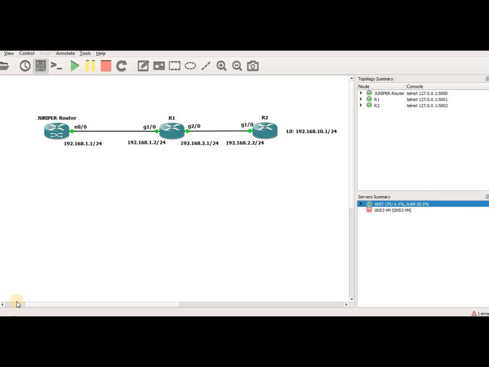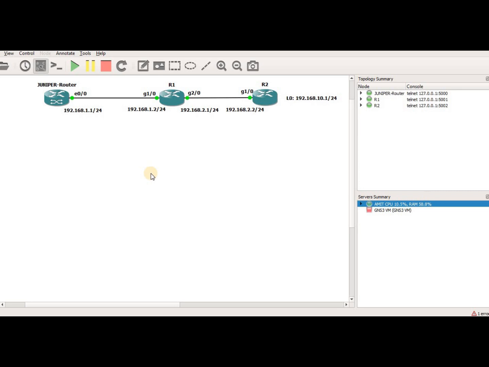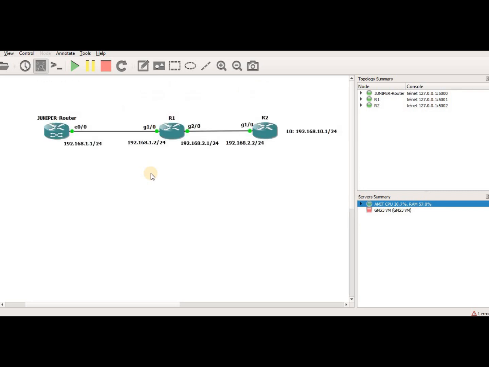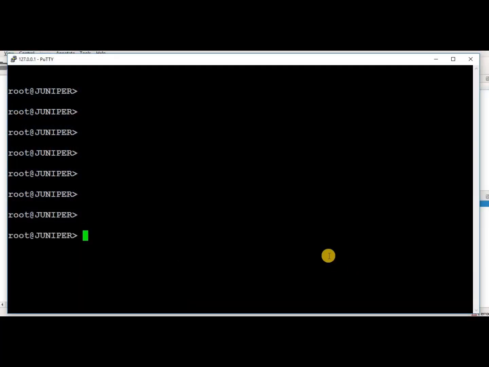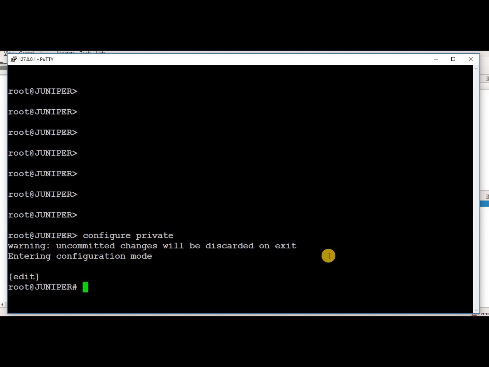So friends, I have created one topology to show you the configuration of static route. But before that, let's see how to configure the system login user in Juniper Router. So let's go in configure mode. And I'm configuring one user here, system login user. Let's give name ABCD